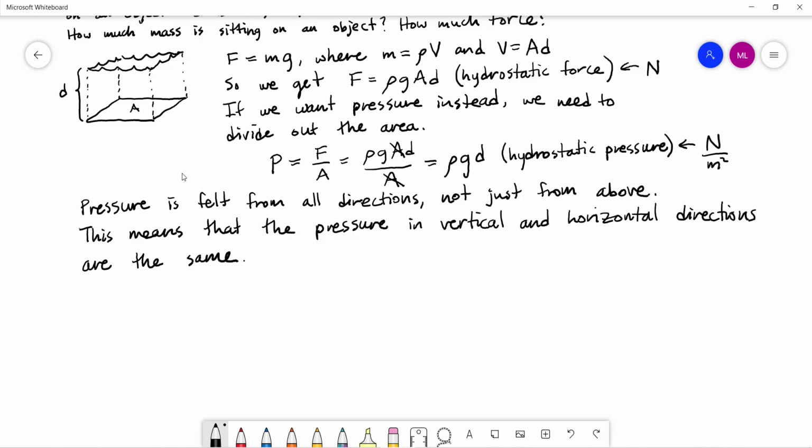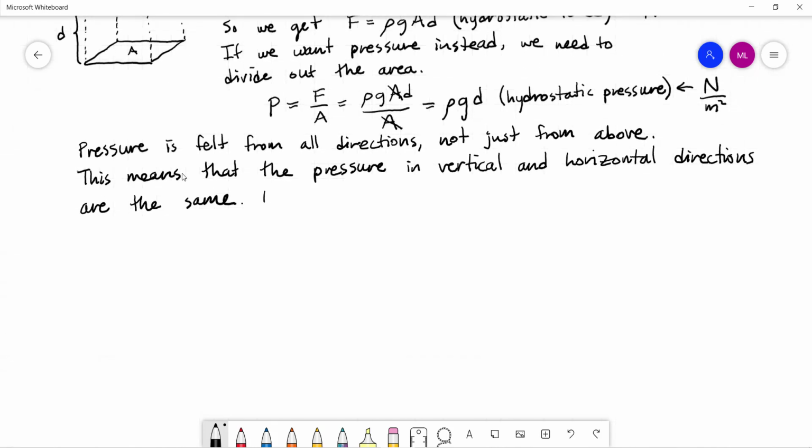Okay, so one of the things that we're going to be doing is finding the total hydrostatic force exerted on basically a vertical plane that's submerged in water. Literally something just like the side of a fish tank or a dam that's holding up a lake, something like that. So we can find the total hydrostatic force, I'll just write force, on a vertical plane